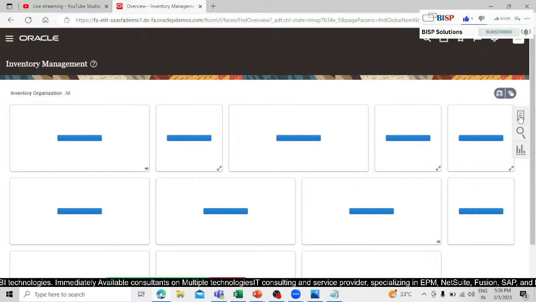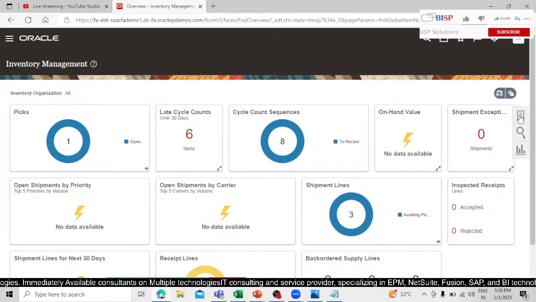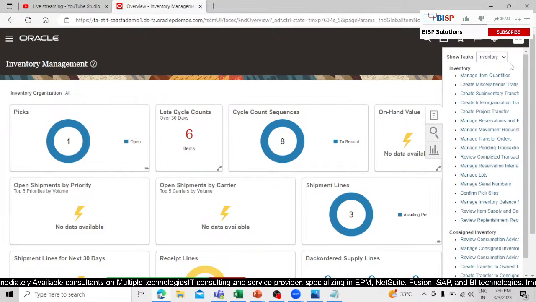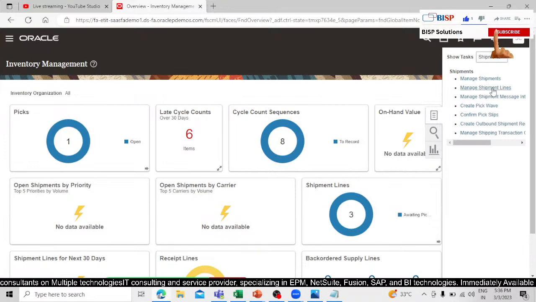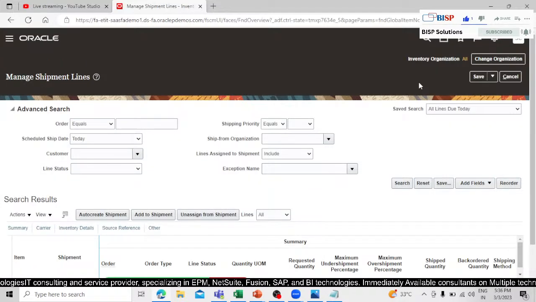click on this task list, go to the shipment and click on manage shipment line. First we have to click on this manage shipment line, and whenever you perform this pick release, after that we have to go to manage shipment for performing the ship confirm, sorry, right? So we have to insert the order number